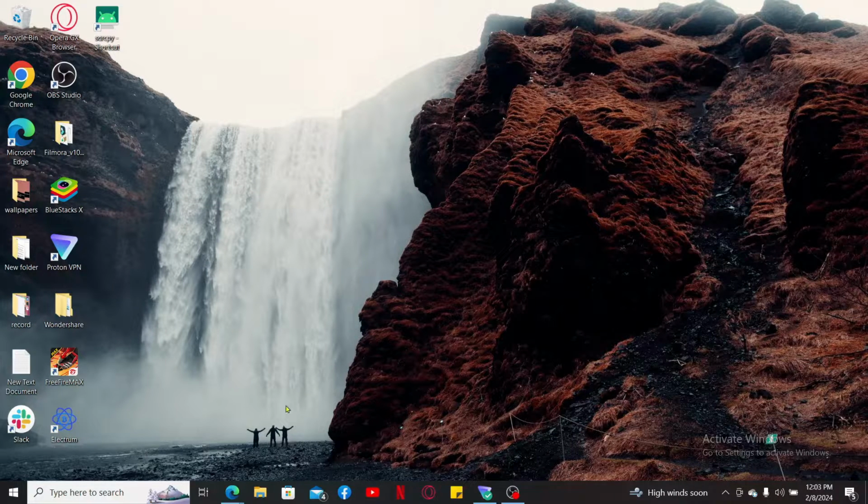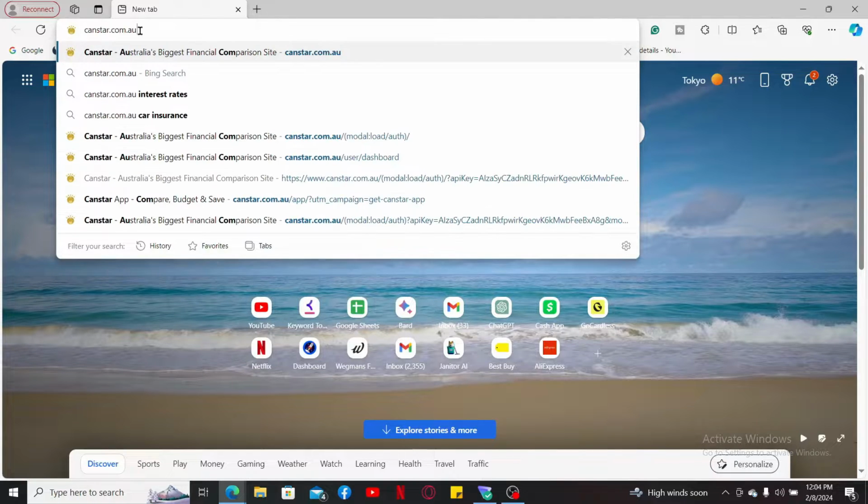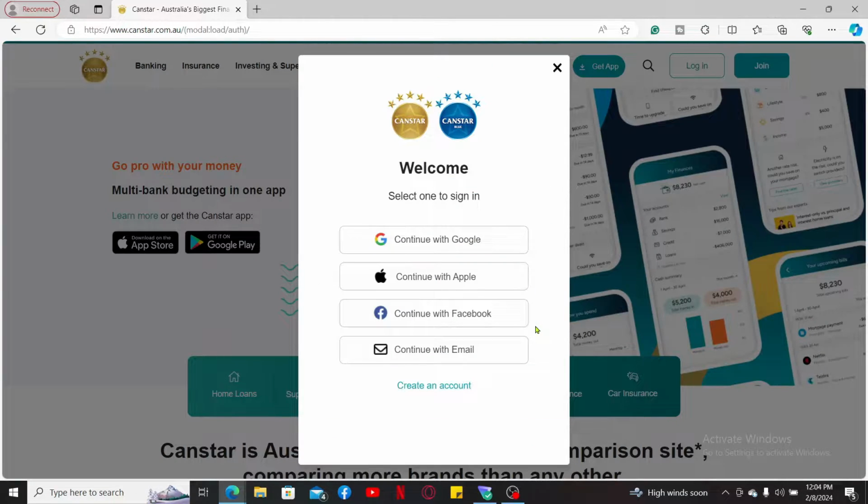First of all, open a web browser and get to the official website of Canstar. To do so, type in canstar.com.au and press enter. From the official web page, click on Login at the top right, and in the sign in area,